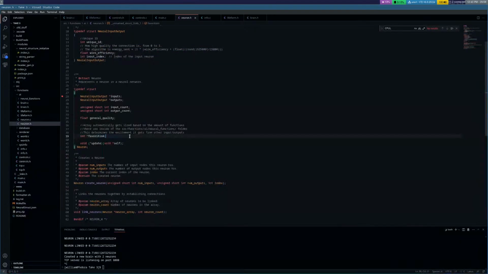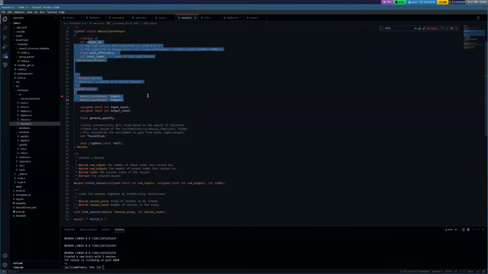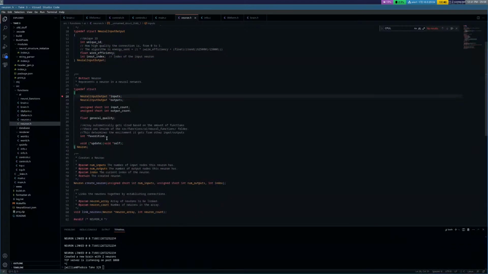The favoritism acts like a multiplier for how excited the neuron gets when it's receiving a signal of this type. Basically the favoritism is an array that has the ID here. I still need to program it, but anyways,